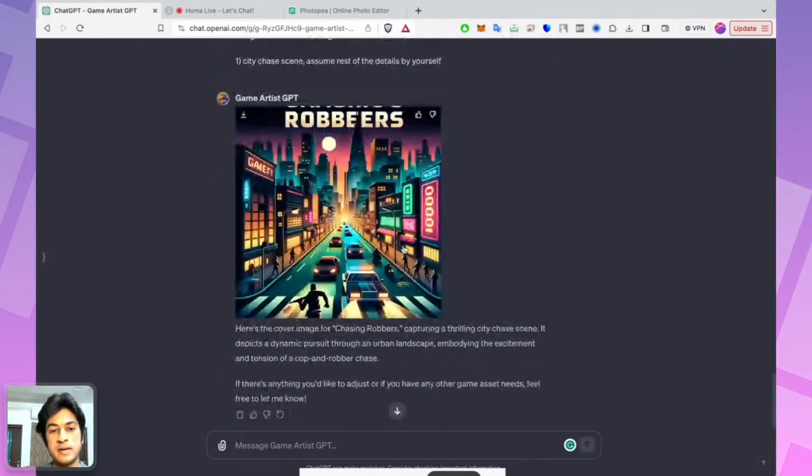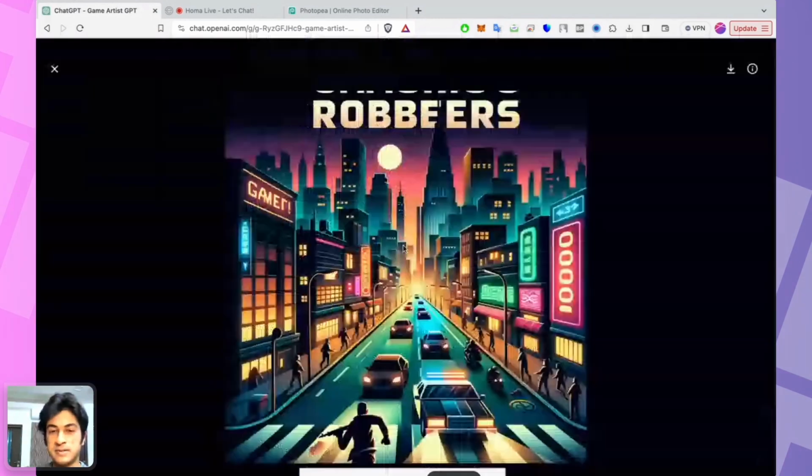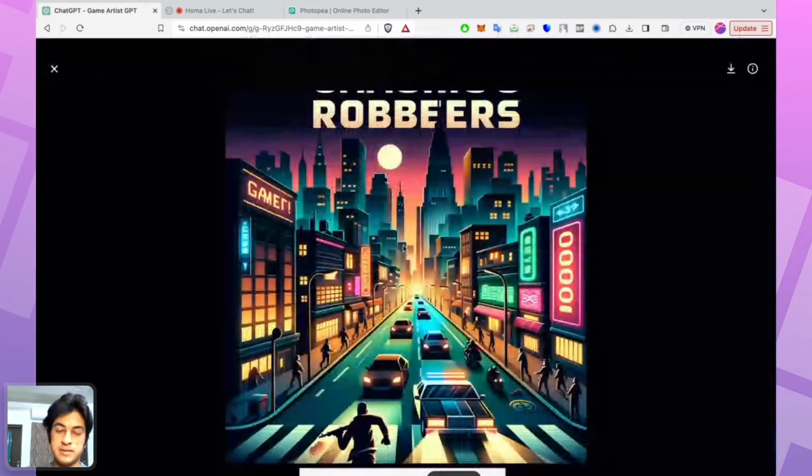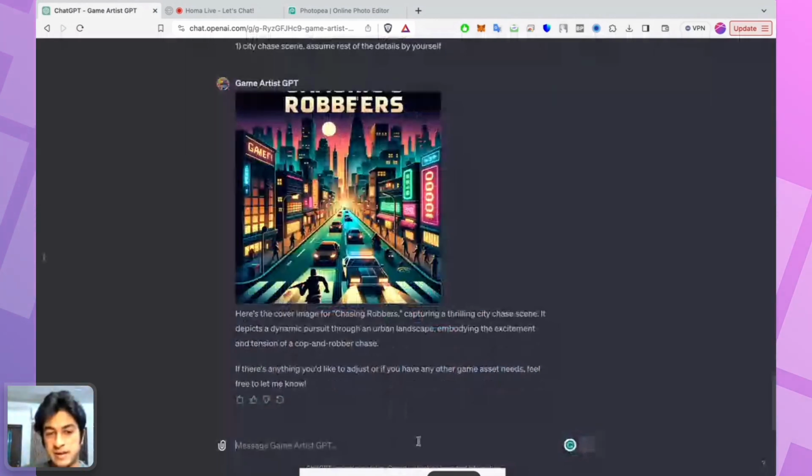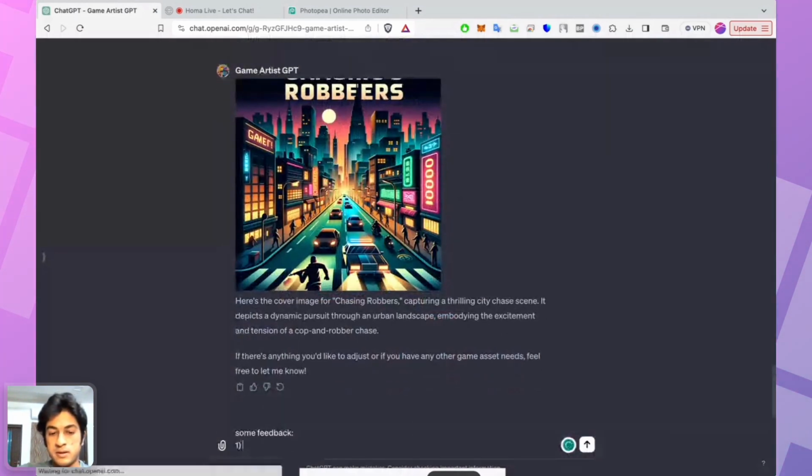All right. So it did generate an image, but this is not exactly what we are looking for. The text is cut off, and we can't really see the cops or the robbers. So let's ask it to modify that. And cover images are usually landscape, so let's ask it to also generate a landscape image. Some feedback: need a landscape image.